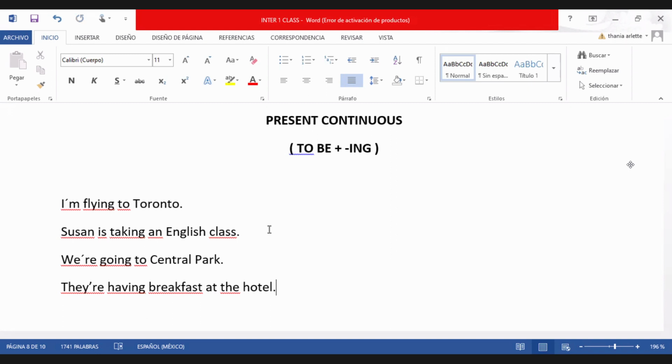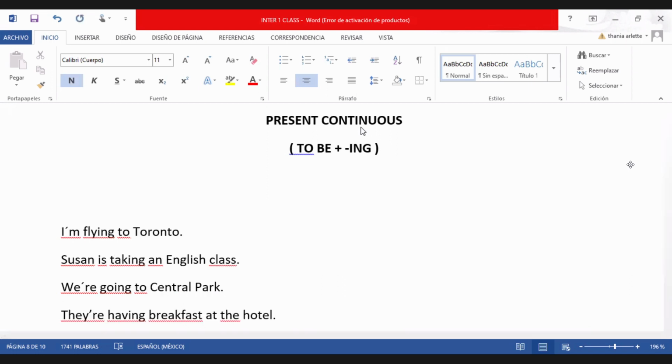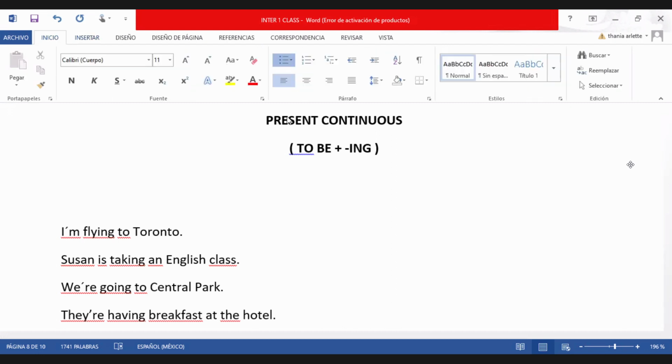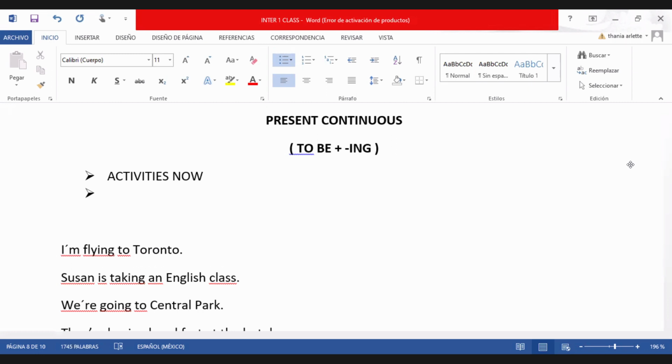There is also another context in which I can also use the present continuous. This is for temporary situations, okay? Don't copy anything, please. Remember, I'm going to give you some time to do it, but not now. Okay, so don't copy, you just pay attention. So let's put the definitions. Okay, so Angelica said activities now. Activities happening at the moment of speaking. Yeah. Okay. Another one is for temporary